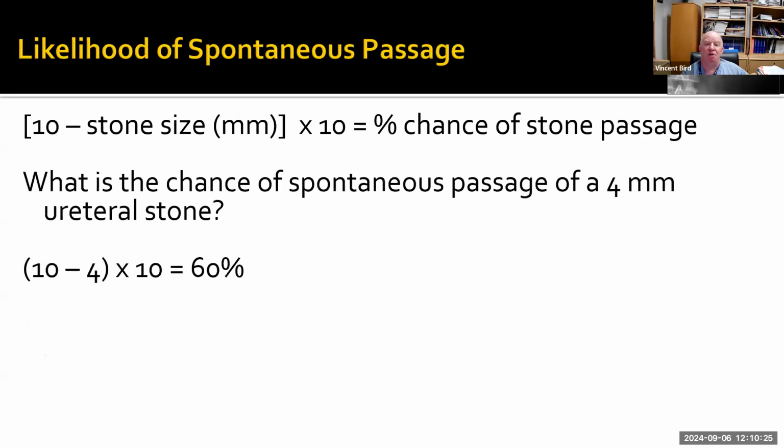Folks always ask, if I have a stone, what are the odds that it's going to pass? So this is a little age-old formula that's been used by urologists for some time. Essentially, this pertains to stones that have gone into the ureter. And you essentially can take the maximal cross-sectional diameter of the stone in millimeters and subtract that number